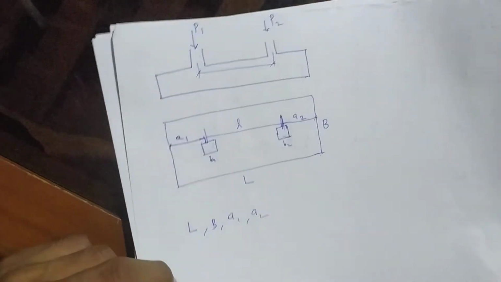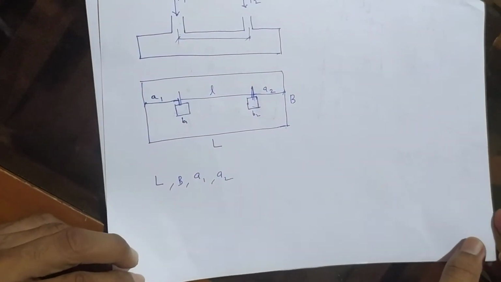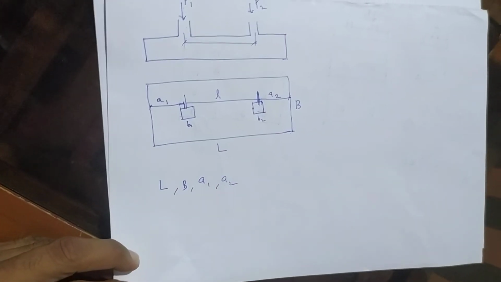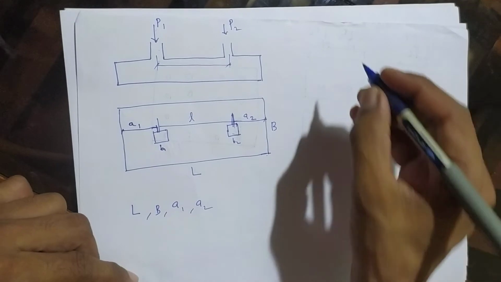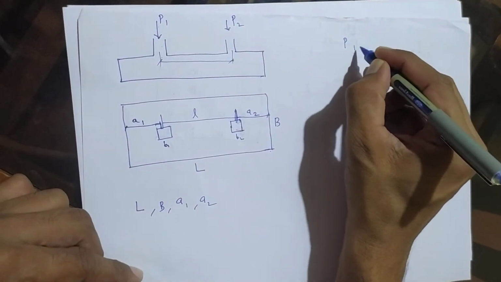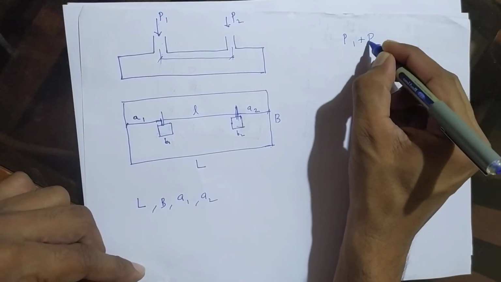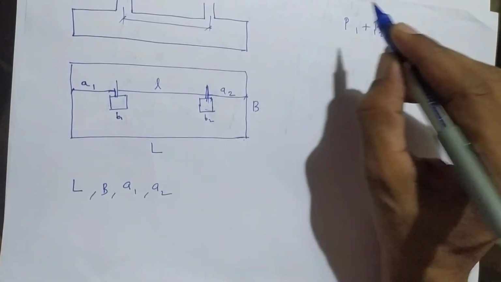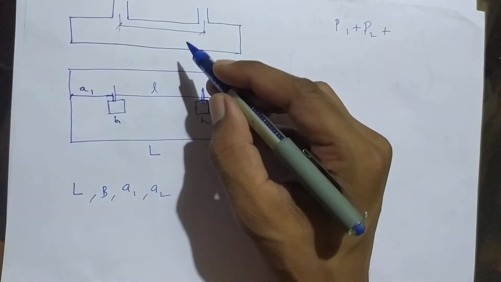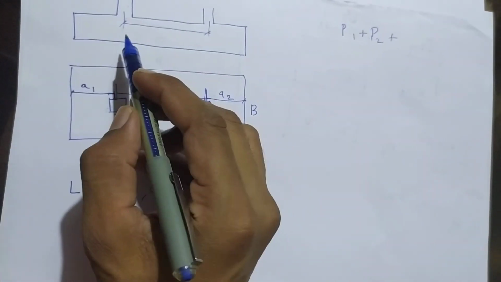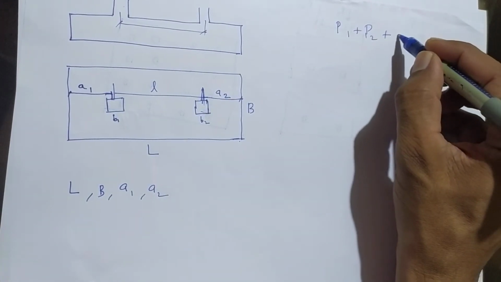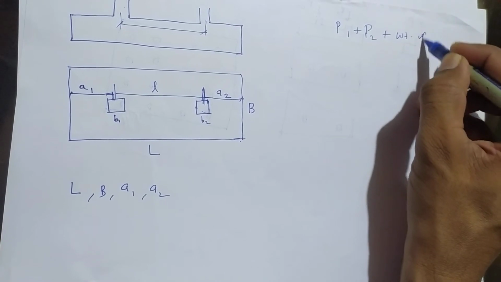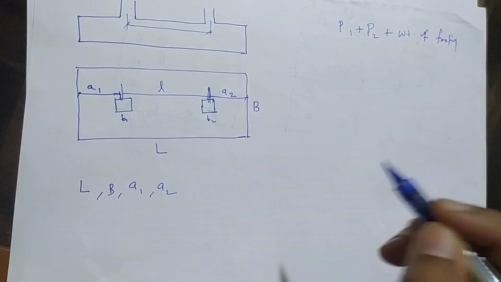These 4 parameters we have to find out. That is basically called the dimensioning or sizing of the footing, or geotechnical design of the footing. Now, the total load is P1 plus P2, plus 10% of the total column loads, which has to be taken as the weight of the footing. So that is the weight of footing, right?